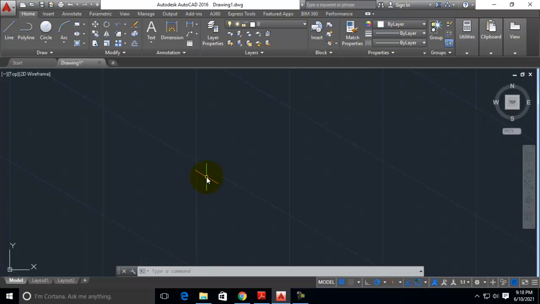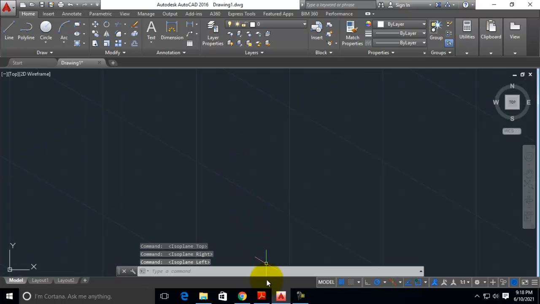If you press F5, that is function key 5 on the keyboard, you can see the change of plane, from the isoplane top. Now you can see here. Similarly, if you press the F5 button again, it changes to isoplane right. Again if you press it, it will change back to isoplane left.